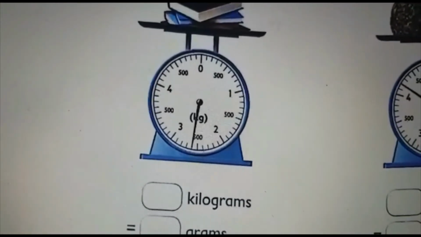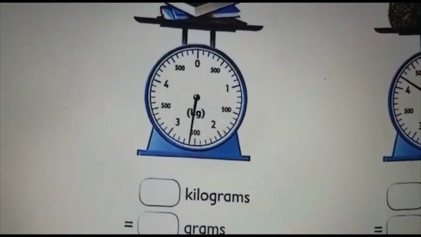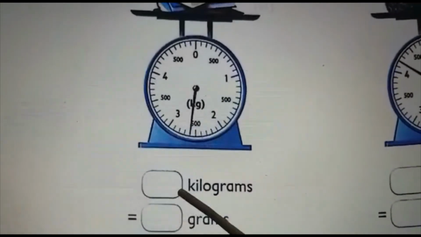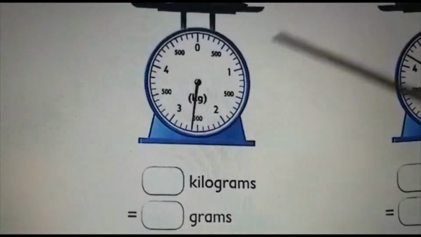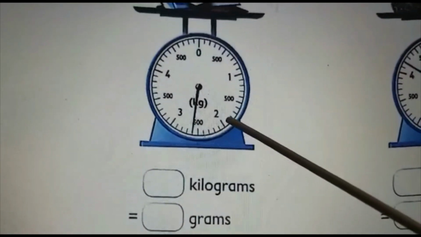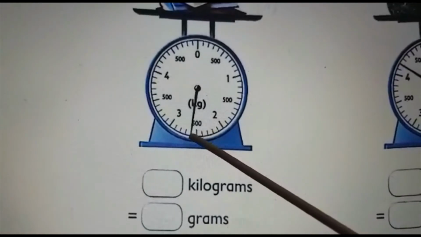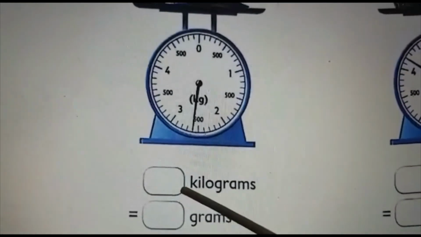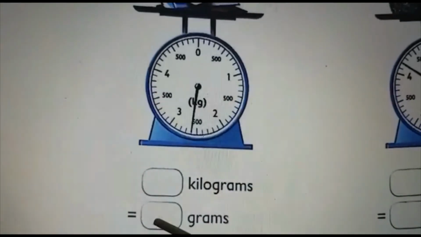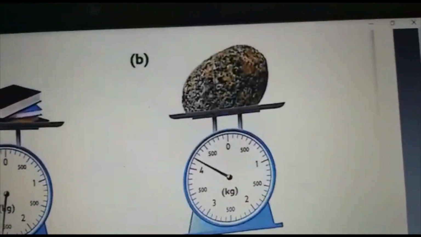600 grams, how can we convert to kilogram? We will divide by 1000. So 600 divided by 1000 is 0.6. So we can say 2.6 kilogram. Okay. Or if you are saying in gram, 2 kilogram means 2000 gram, is it? So 2100 gram, 200 gram, 300 gram, 400 gram, 500 gram, 600 gram. So it is 2600 gram. If you are writing in kilogram, we will say 2.6 kilogram. If you are saying in gram, we will say 2600 gram. Is it clear?